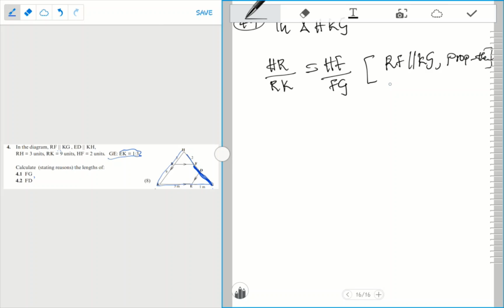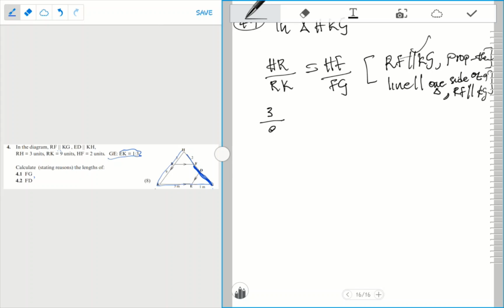But you can still say the line parallel to one side of a triangle, and then you state those ones which are parallel, which is RF and KG. Either you write this one or the second one, but this is the same thing. And then HR is 3 units over